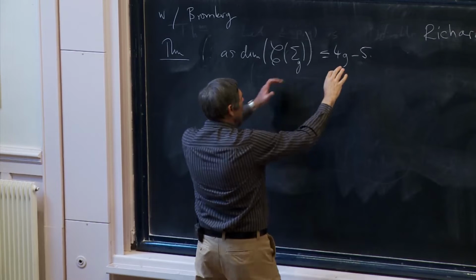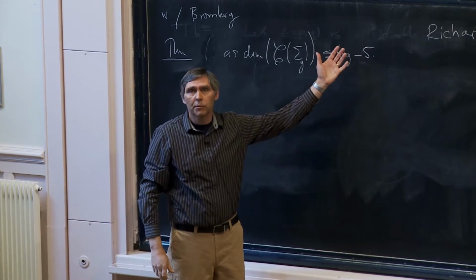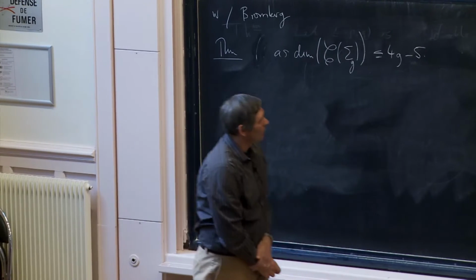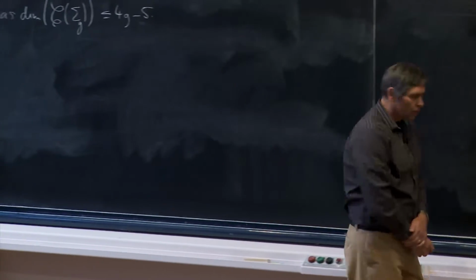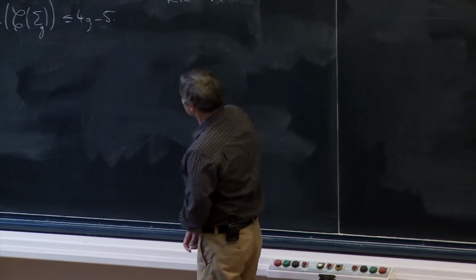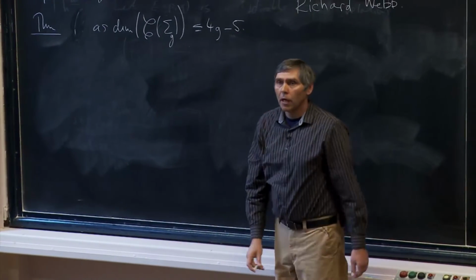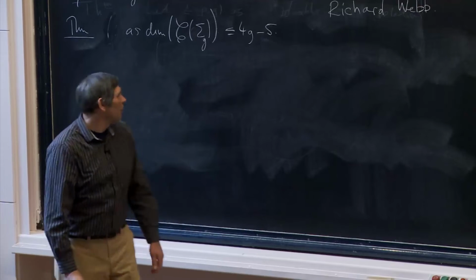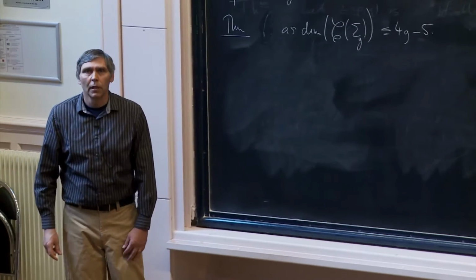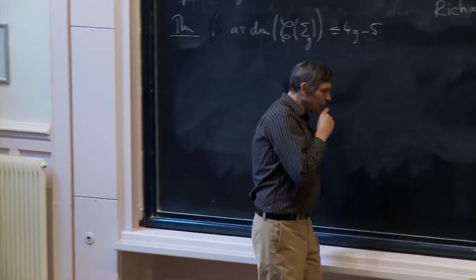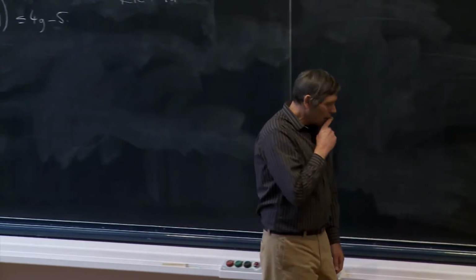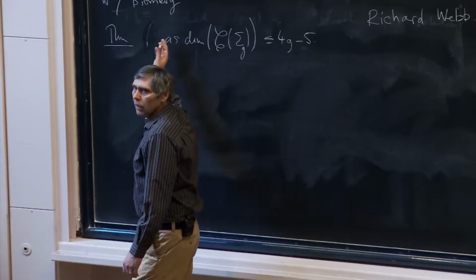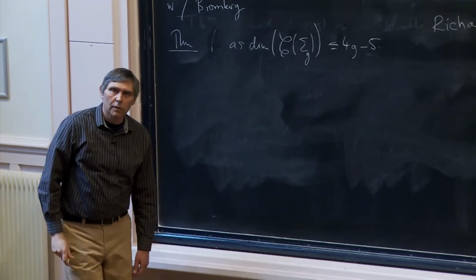So this led to a specific number that one can put here, but it turned out that the number is exponential in the genus. Now, the real motivation for this work is not so much to find a smaller number, although you have to admit that 4g minus 5 is certainly curious, and it's curious why this number shows up. But the secret agenda is that this fact was a key ingredient in the proof that Bromberg, Fujiwara, and I had that the mapping class group has finite asymptotic dimension.